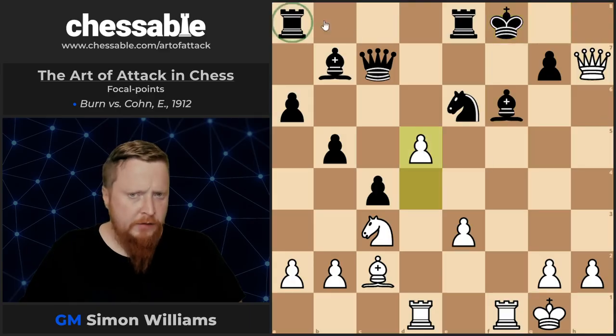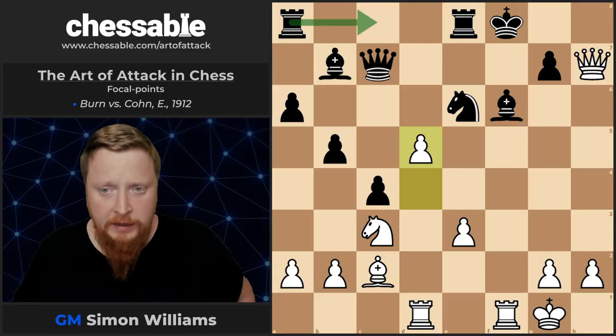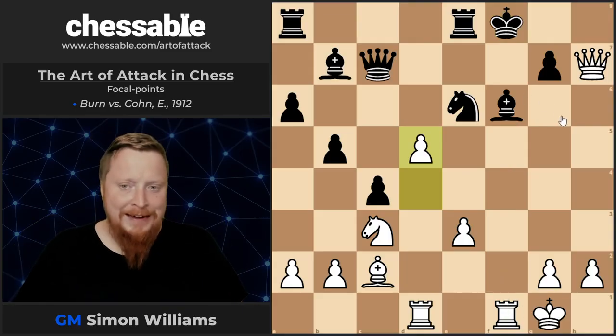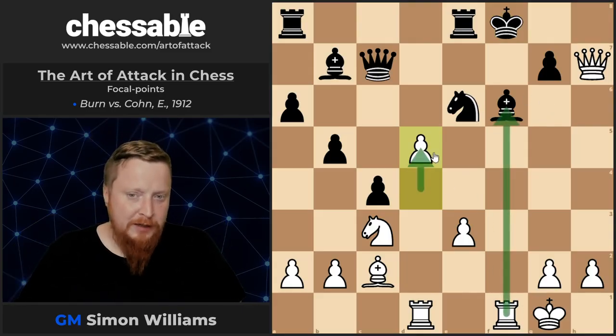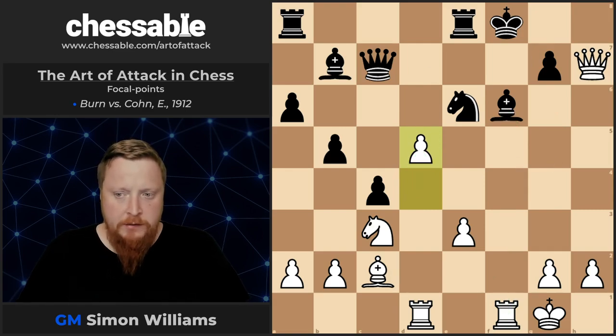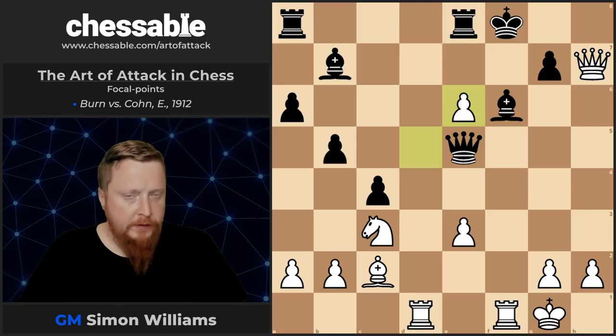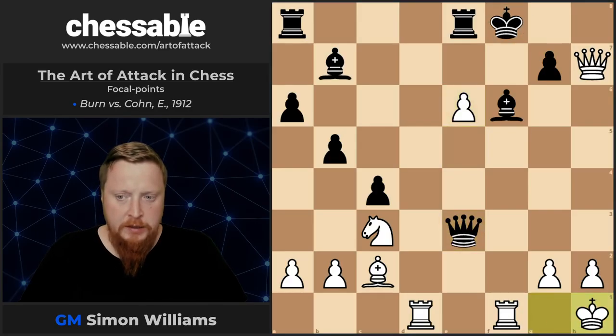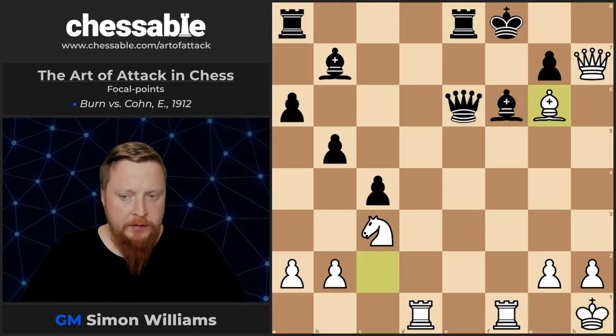d5 is key. That's actually, I made a little mistake there when I said rook to c8 was stopping rook f6. I should have added there, it was stopping rook f6 after this d5 move as played in this game here. And now if the knight moves, we take on f6, so black has to lose a piece. And when he does lose the piece, white's attack still ravages the position, because the black king is in a weak position, weak spot. And here, white plays the simple bishop g6, and white has this nice real attack on